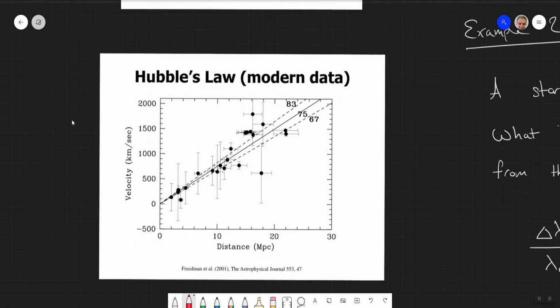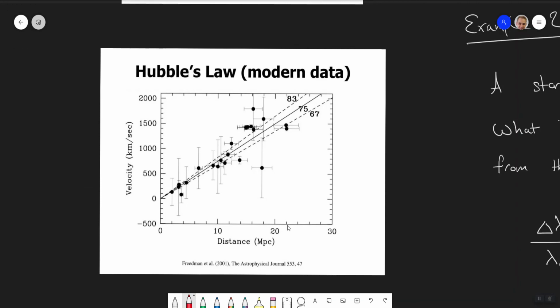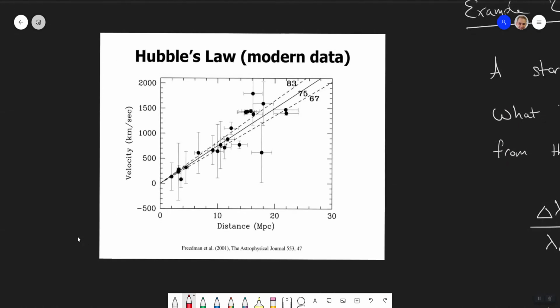This is data that keeps getting repeatedly examined and has been refined over a long period of time. This is some data from 2001, which goes up to 20, 22, 24 megaparsecs, more than 10 times further away. And again, we're still seeing everything moving away from us. There's uncertainty and error, but essentially what Hubble realized is that pretty much every galaxy was redshifted, and the further away the more they were redshifted, which meant that they were moving away faster. And as we'll see, this became a critical piece of information for proving that the universe is expanding and that there was a beginning point, which became known as the Big Bang.